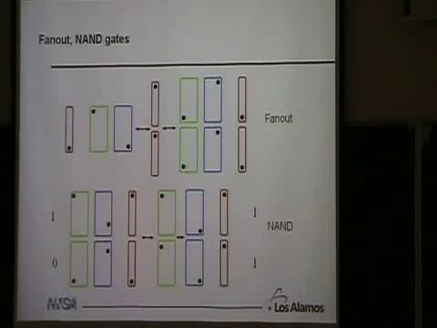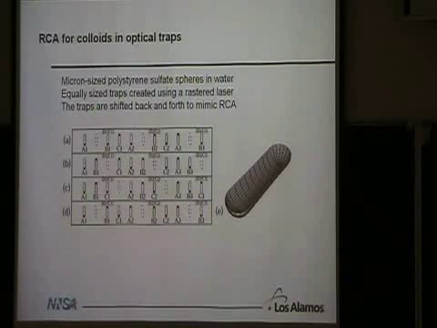Okay, now by playing with the spacing, you can start making gates with this, but let me not go into that detail. And there was a colloidal realization of this. Rather than making different shapes of wells, Clemens Vestinger's group was able to make sets of wells that they simply slide back and forth because they have a device. It's like an old-fashioned television where it will raster the laser beam through the system and make spots where you want it to make spots.